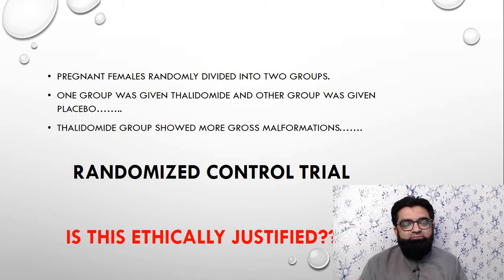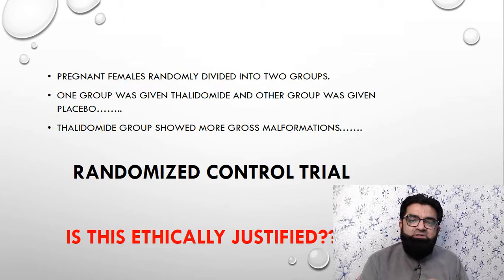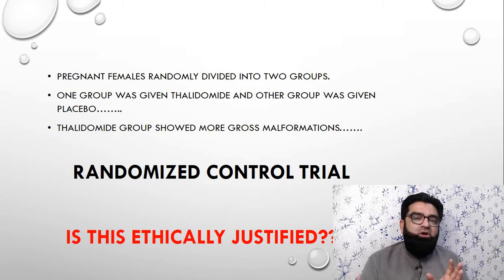This means the evidence up to a cohort study design is the maximum evidence that we can generate on this topic. We cannot produce an RCT or any other interventional study design on this topic. We discussed the experimental study design from the same example just for the sake of understanding; it cannot be done because it's not ethically justified.